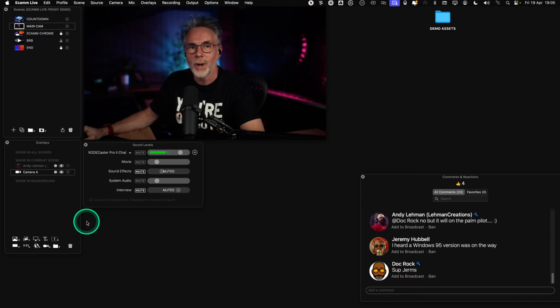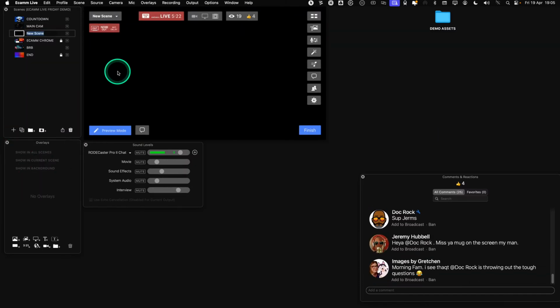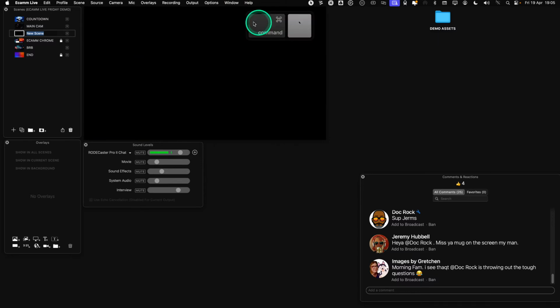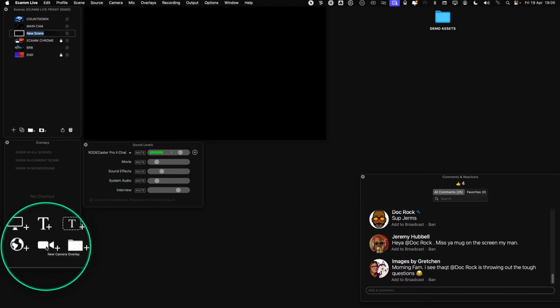So let's create our first scene. And let's do that by hitting the plus button here on the scenes menu, and we'll do plus, and that will give us a blank scene. I'm also going to remove the program window overlay here, and you do that by hitting Command tilde. And hopefully you'll see the keyboard strokes come up here as well if you want to know what commands I'm using. So let's create a new scene, and I'm just going to add my camera as a new camera overlay,